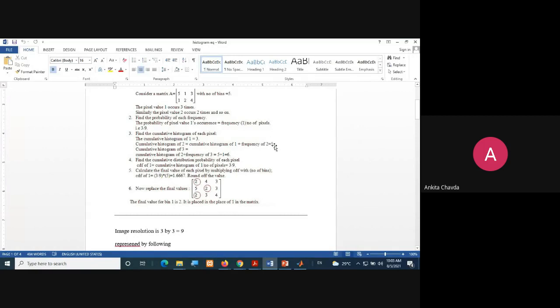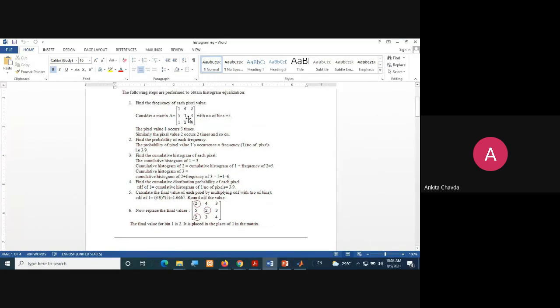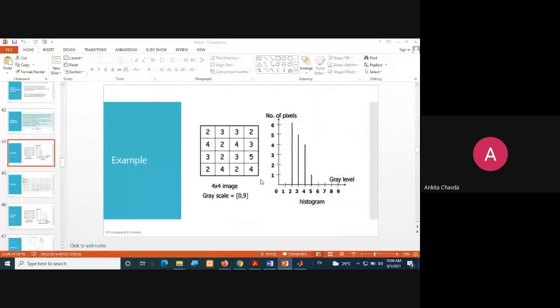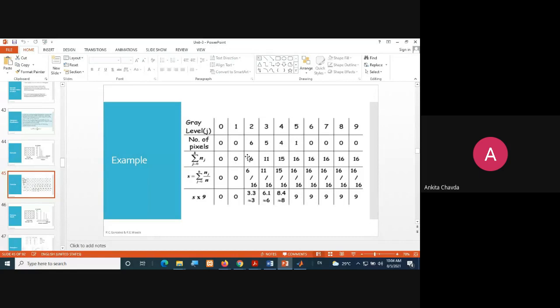The previous value was 5 and you are adding the frequency of 3. 3 is how many times here? Only a single time, 1. So 5 plus 1 equals 6. Then you are adding 6 plus 5, 11, 11 plus 4, 15, 15 plus 1, 16, and so on. Right?